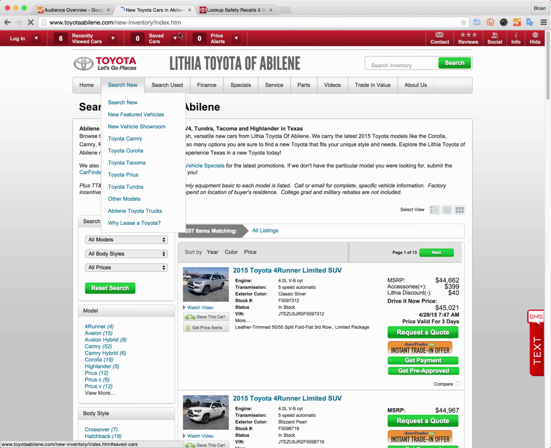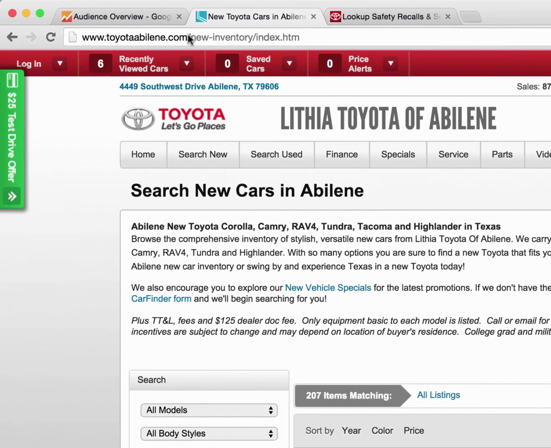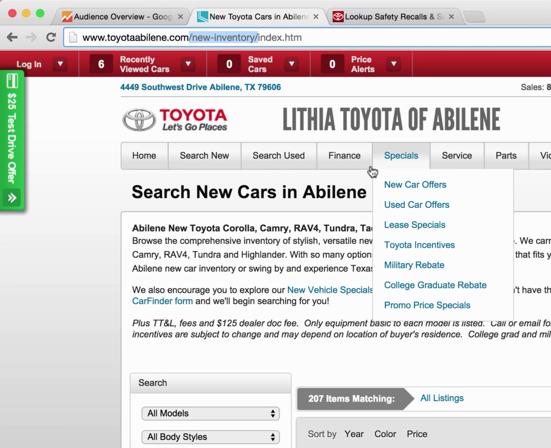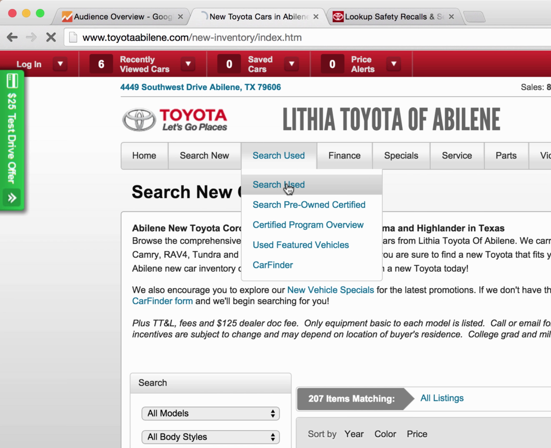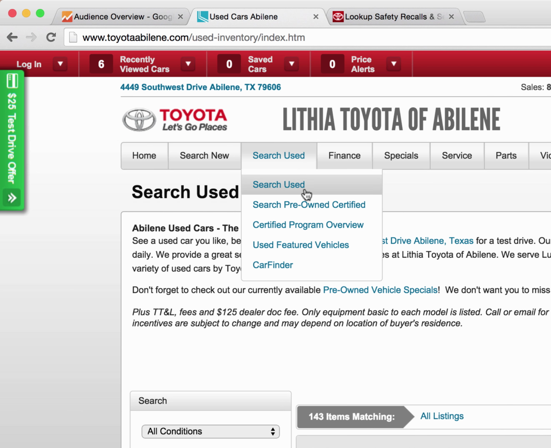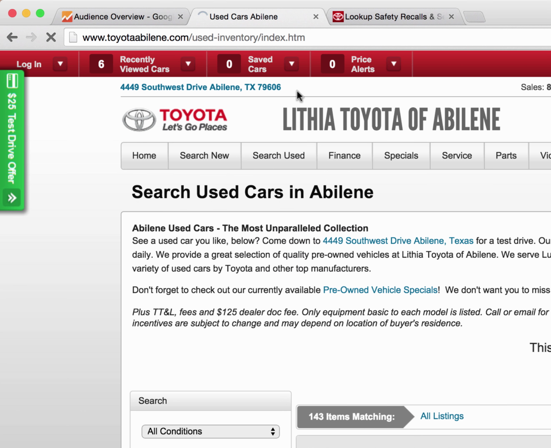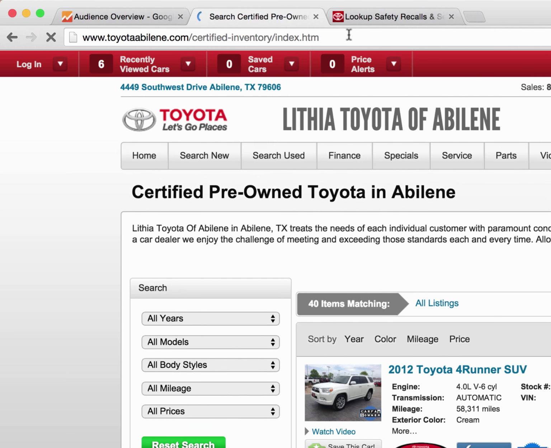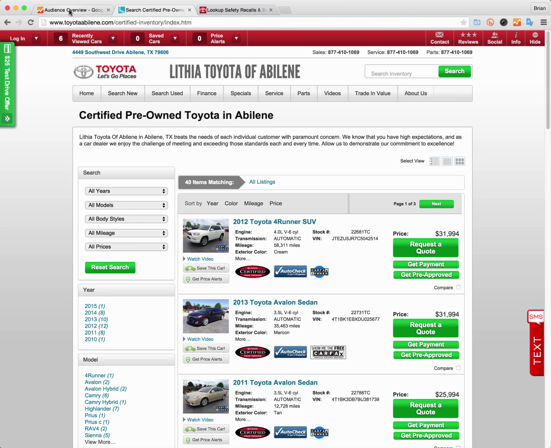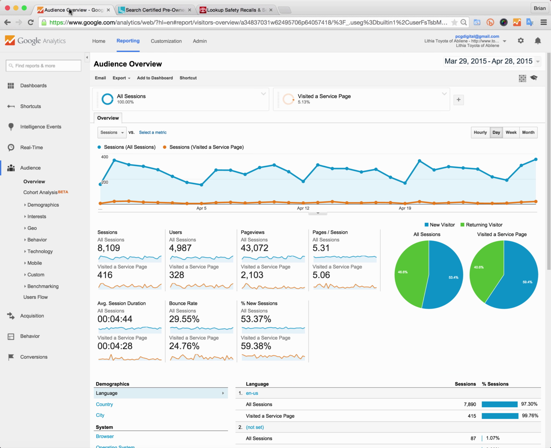What you'll notice is that for dealer.com websites, they start with /new-inventory. If I looked at used cars, it's used-inventory. And if I looked at certified pre-owned, it's certified-inventory. Very simple. So now if we wanted to create a filter that shows how many people started a search for